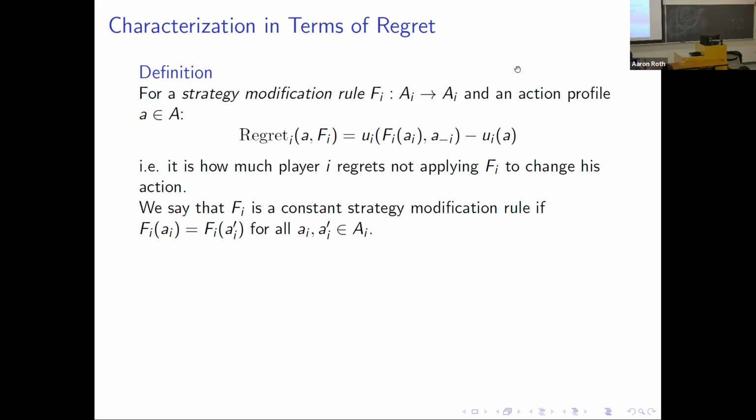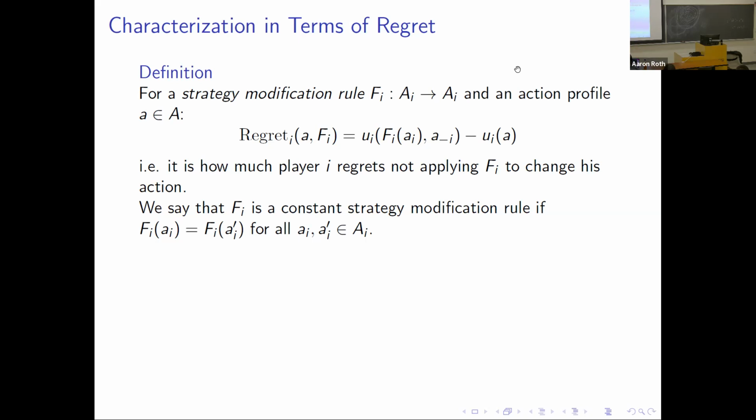For every action you could have played, the strategy modification rule is telling you what you should have done that maybe would have been better. But more generally, it's just a mapping from actions to actions. But your regret, given an action profile and a strategy modification rule, is the difference between how well you would have done if you had let the backseat driver go back and change history, change the action you actually played,